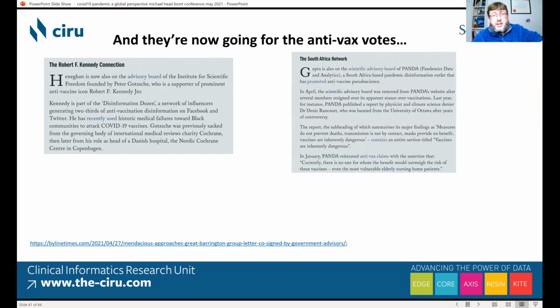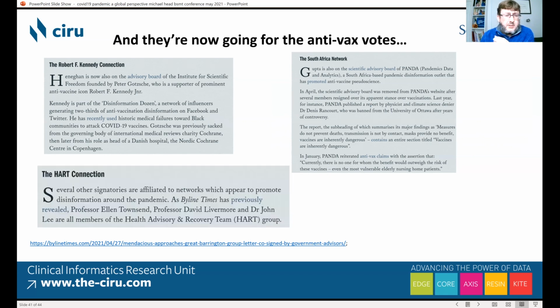The various people I mentioned so far are now setting up different groups, which shape-shift into different names every 20 minutes. One of them was called Panda. And as you can see from this box, they put out reports with sections called "Vaccines are inherently dangerous" and things like that. There was another group called Heart, which basically did similar things,